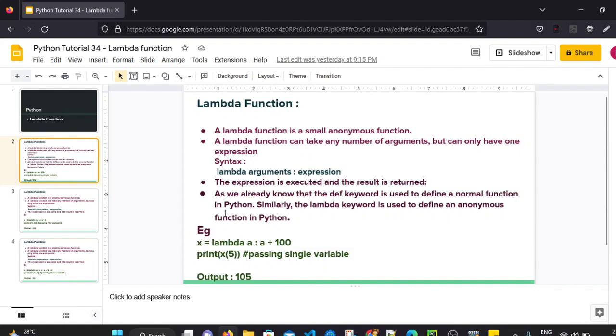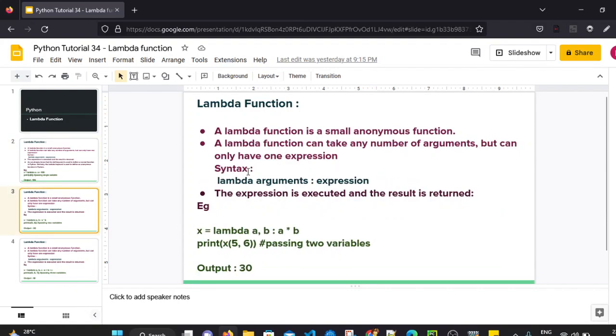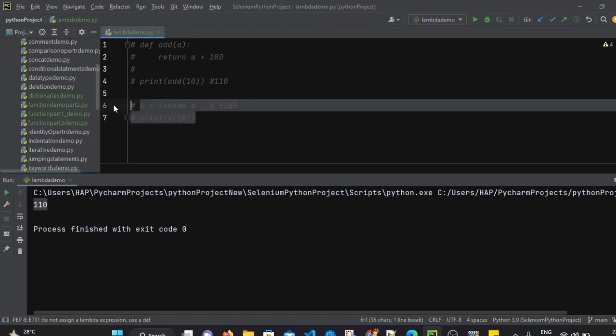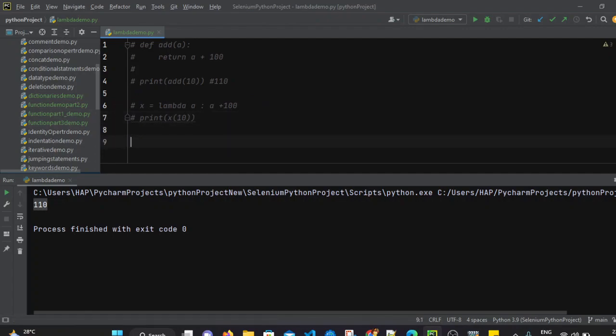Now let's see another example in which we will pass two parameters. Let's say again I am going to PyCharm. I am commenting this part of code. I will again create x equals to lambda keyword, and I will pass two parameters now.